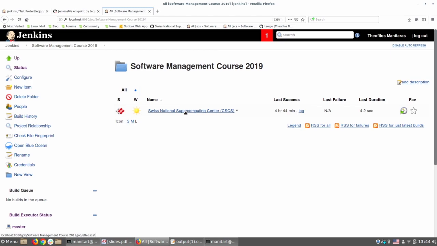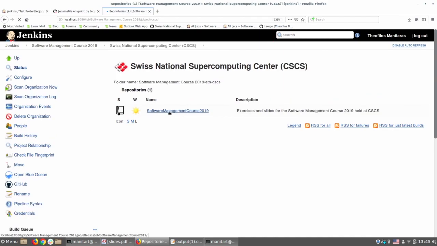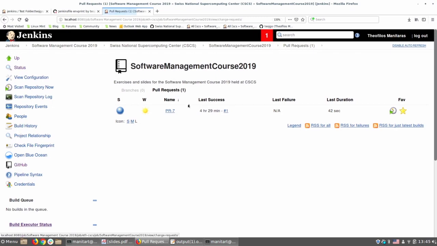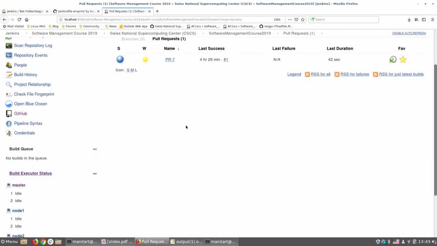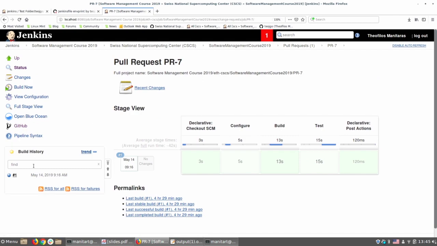I took the one that we had at ETH CSCS, so I added it as an organization, not my personal organization Theo JGO, but I added this, so it even got the badge from GitHub. I go here, software development course, and I have a pull request, and if I go here, you will see something that is